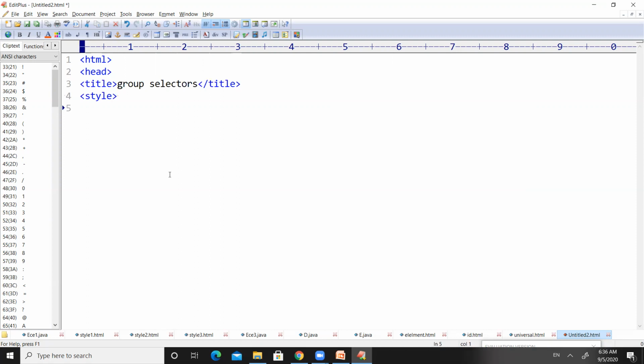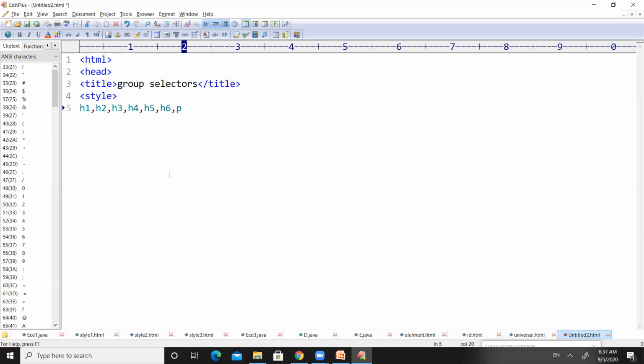Inside the style tag, what the group selector means is that at the same time we can apply the same styles not to one element, but to two or more elements. For example, if I want to apply some styles to a group of elements, H1, H2, H3, H4, H5, H6, and paragraph, right?